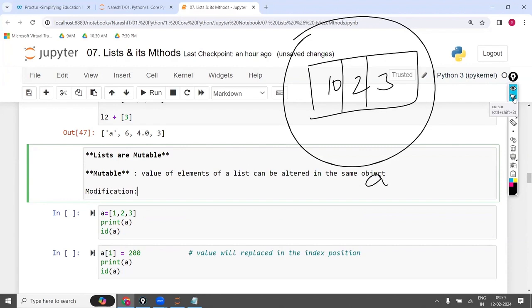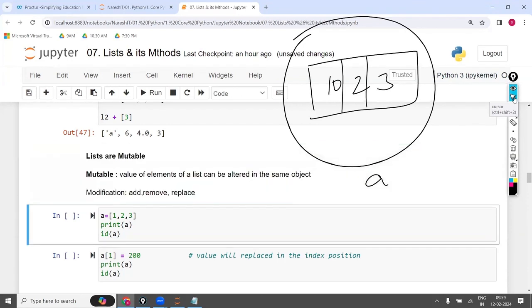The first one is add, the second one is remove, the third one is replace. These are the 3. If you can do even one modification, at least one out of 3, it is called mutable. Either add or remove or replace, any one. If you can do all 3, no problem, but any one of them.